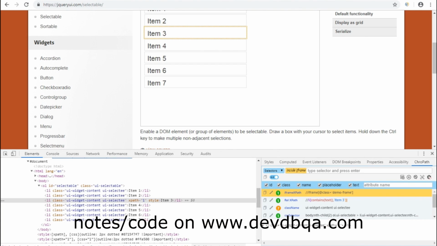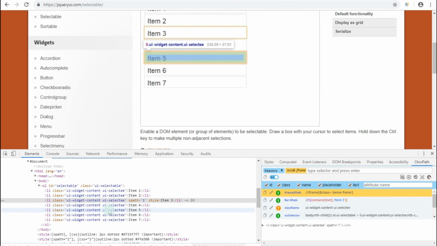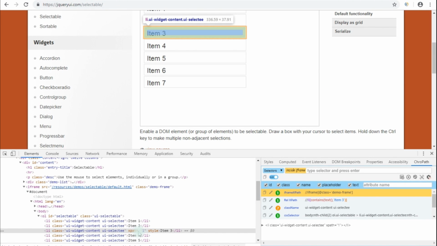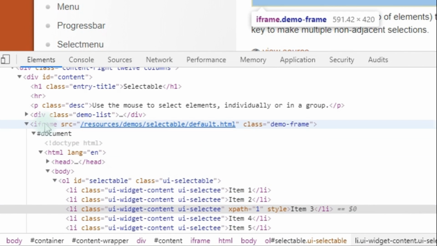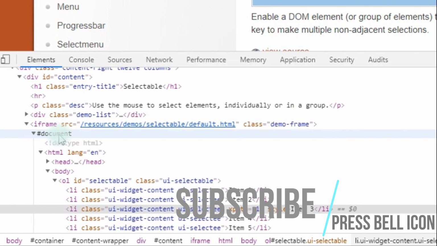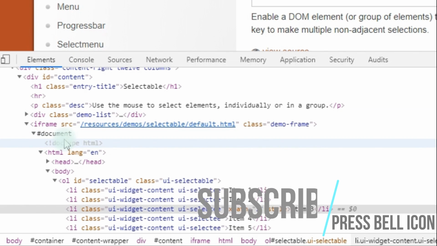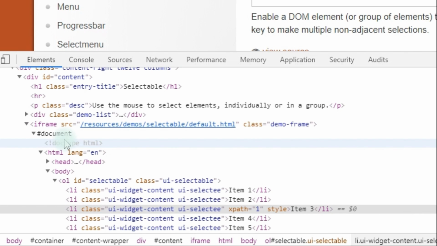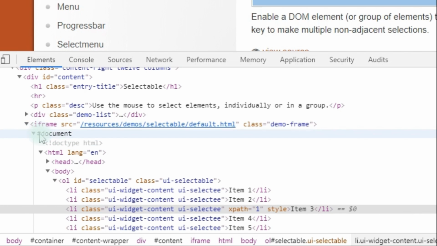Let us go back to the website and see that this element is present inside the iframe. So as you can see, the element is present inside the iframe. So this is the way to identify whether the element is present inside an iframe or not: the tag should start with iframe.